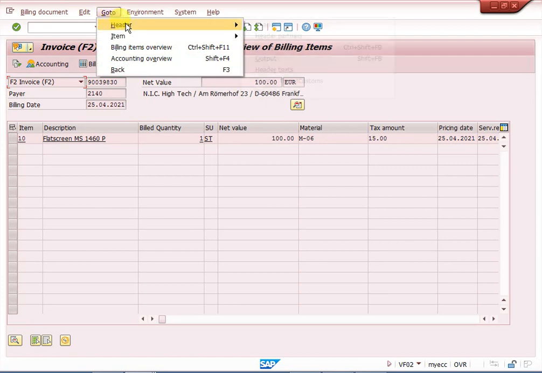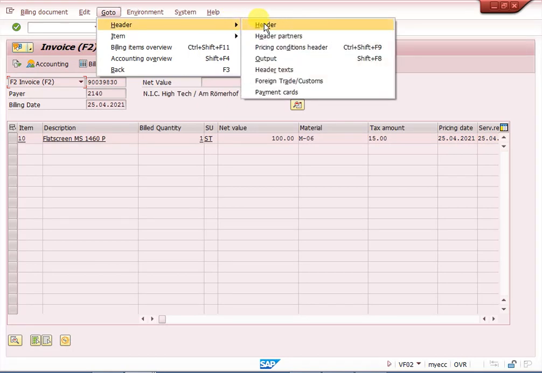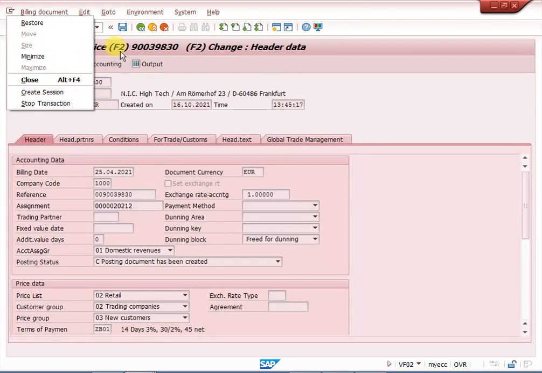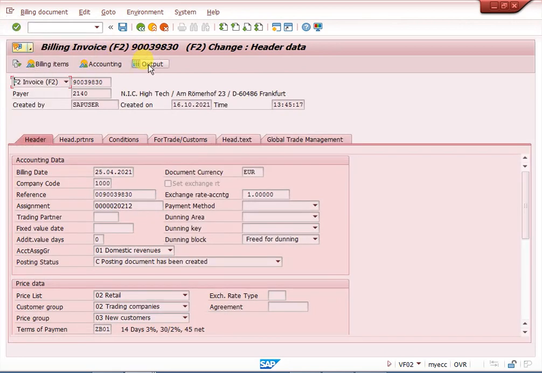Go to header. No issue. Here output is there, or you can go to header.